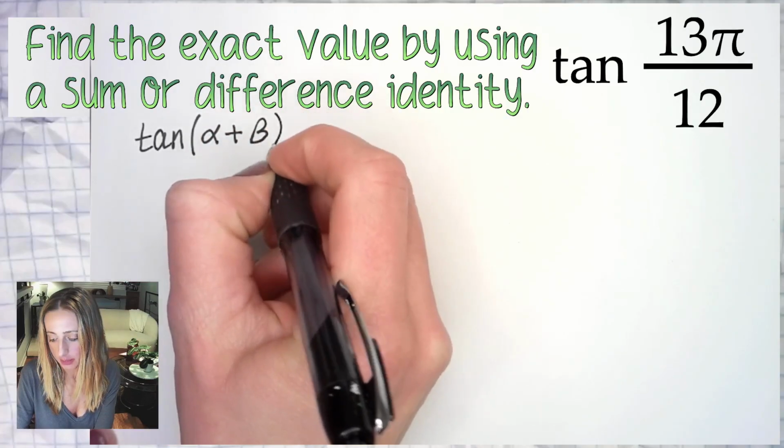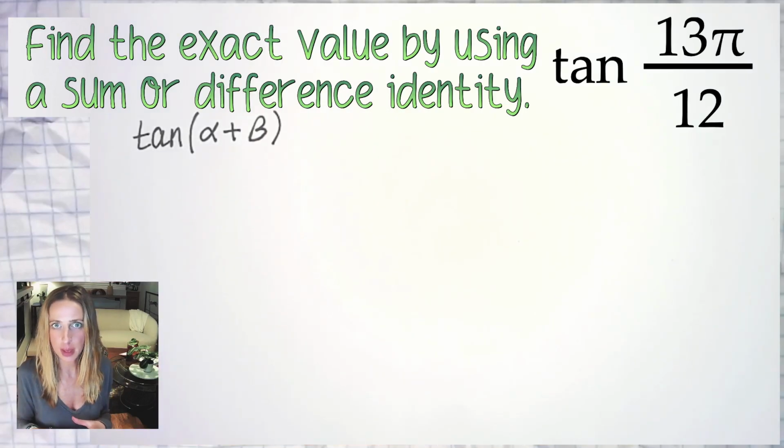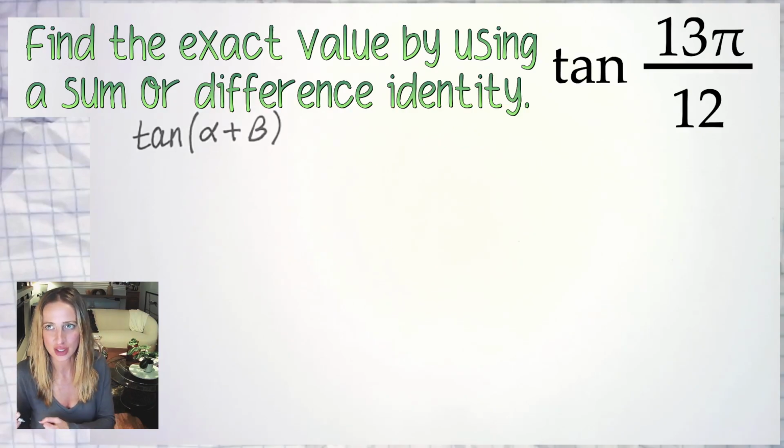The formula that most people will know or recognize will be something that looks like tan of alpha plus beta, a plus b, x plus y, something along those lines. They're just variables representing two different angles. Whenever we have an angle like this, 13 pi over 12, the reason it's worth doing this way is because it doesn't land on the unit circle that we're used to. It is basically going to fall in that little pocket right between the x or y axis and the angle right off of it. So the pi over 3s or the pi over 6s, these are like 15 degrees, 75 degrees, and so on. So since they're not on the circle, we can create them using a sum or a difference of angles that are on the circle,